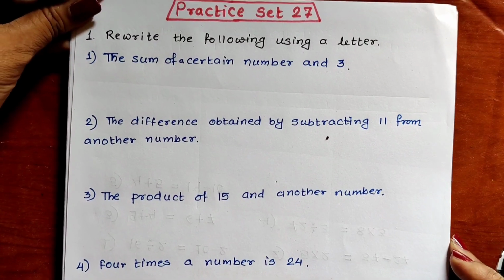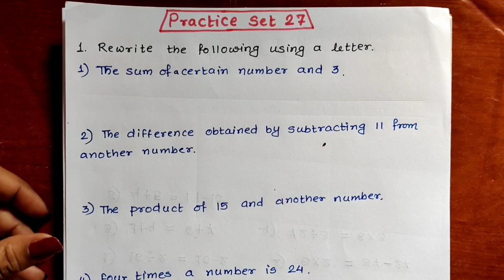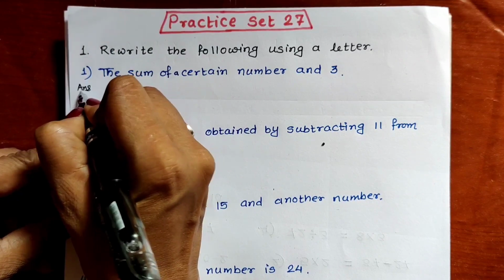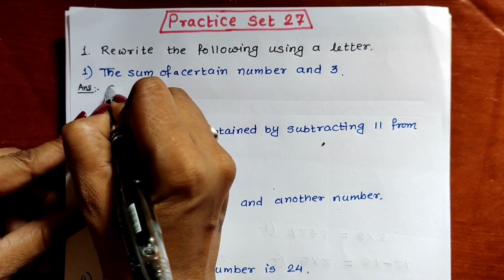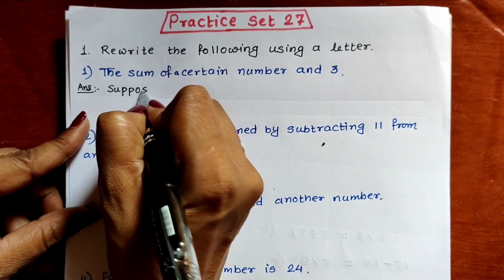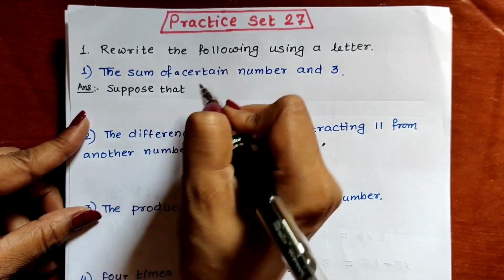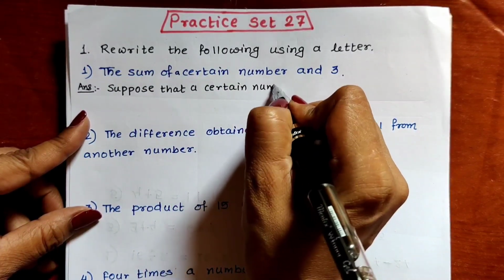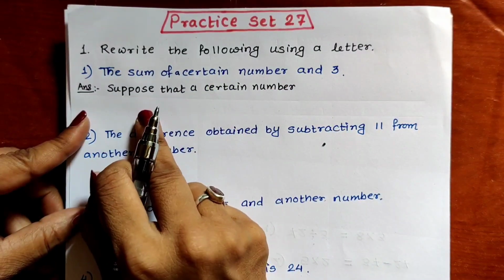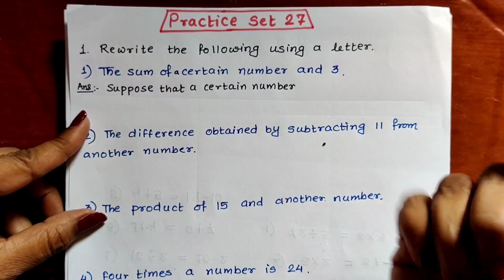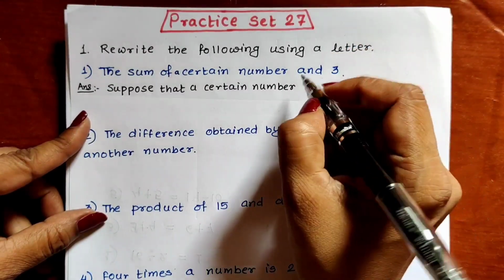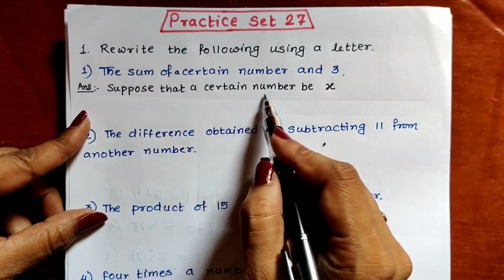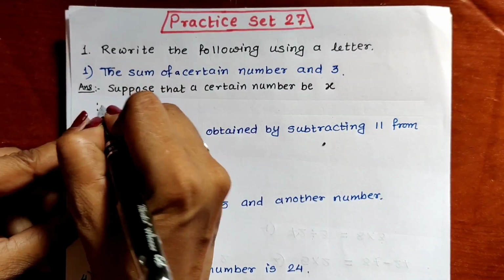See, I will be writing this. I have written all these statements as they are from the textbook, and now I am going to write the answer or solution. Suppose that a certain number, so that certain number we have to suppose can be any letter. You can take A, B, C, D, E, F, G, H. I will be taking X. Okay. Suppose that the certain number be X, and therefore the sum